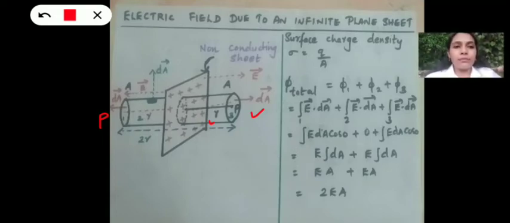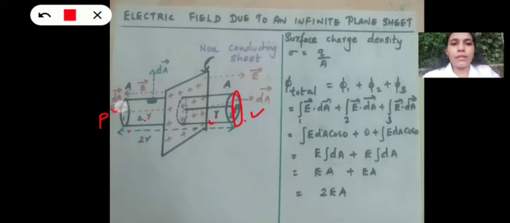And here I have considered a Gaussian surface in the form of a cylinder, and that cylinder encloses the point P. What will be the total length of the cylinder? The total length of the cylinder will be r plus r. That means it will be 2r. And as discussed before, this cylinder has three surfaces, two end surfaces and one curved surface. So 1 and 3 represent the end surfaces of the cylinder, and this surface represents the curved surface of the cylinder.